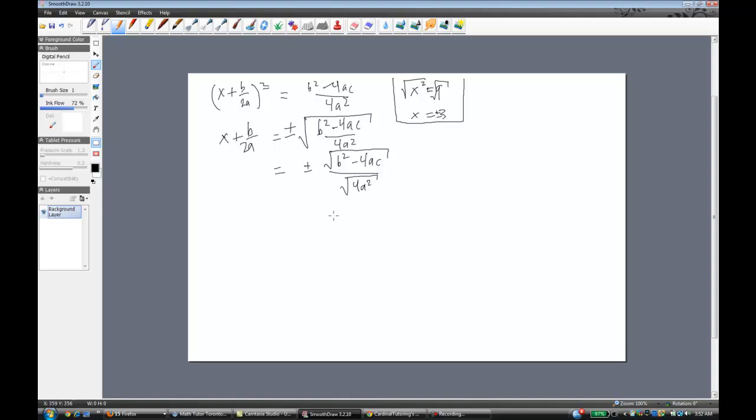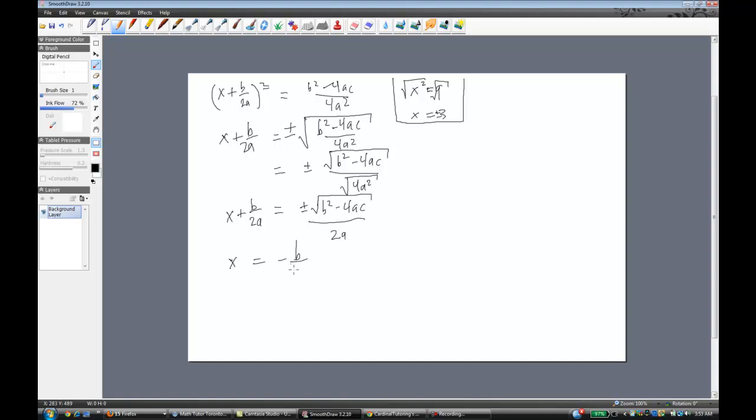The square root of a quotient is a quotient of square roots, and this becomes plus or minus root b squared minus 4ac all over the square root of 4a squared, which is 2a, and we have x plus b over 2a. And all that remains to be done is to subtract b over 2a from both sides, or to reverse this addition here. So we have x equals